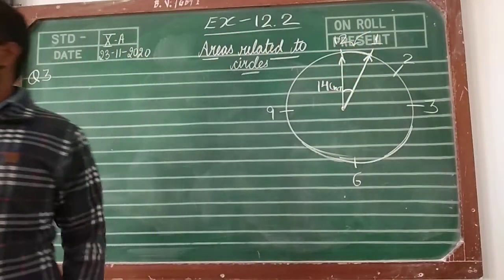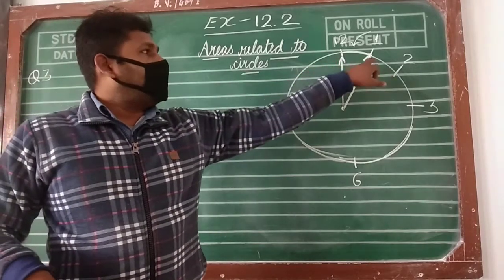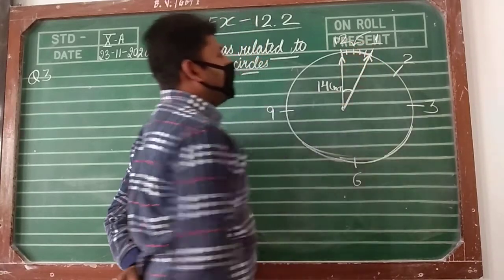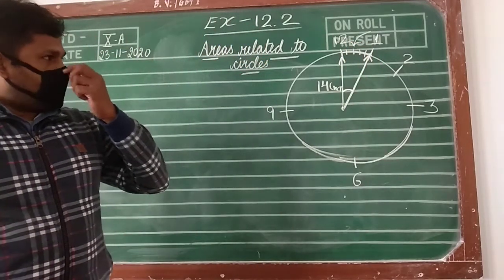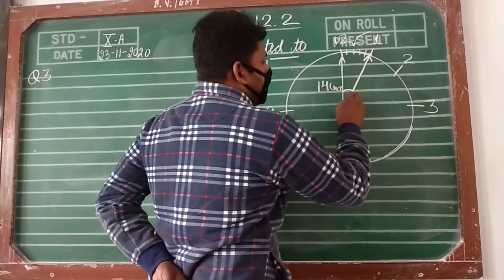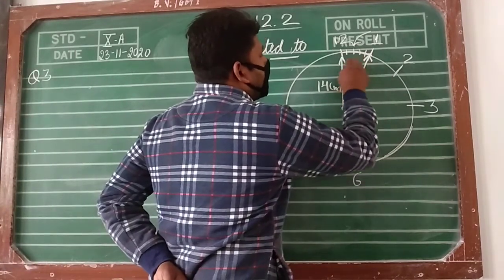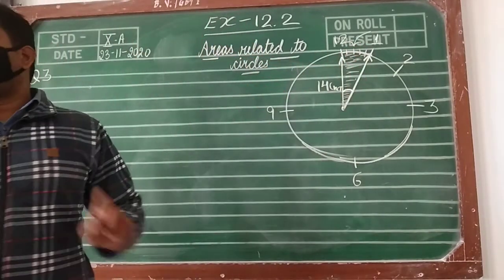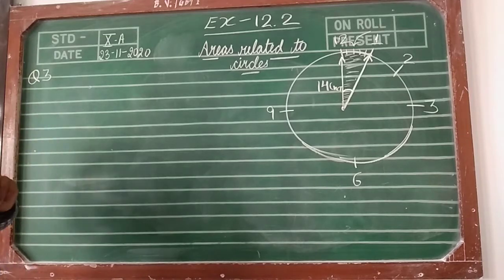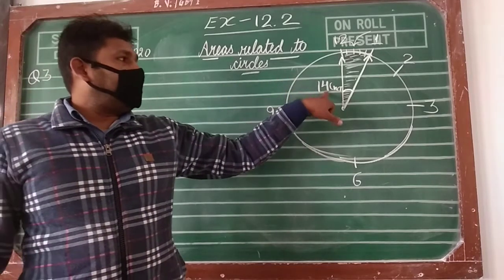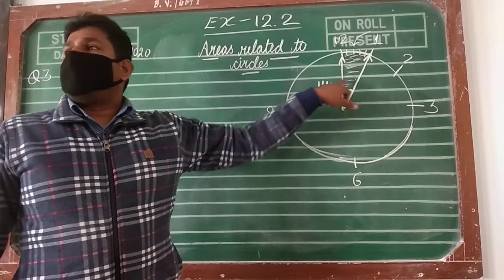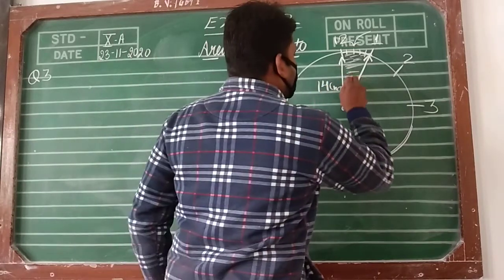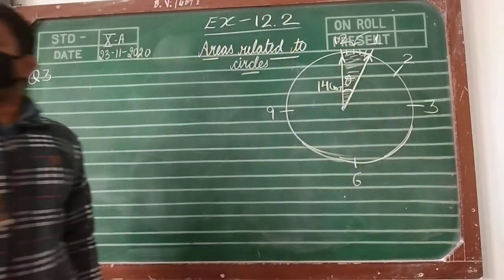If the minute hand is moving, and if it comes from 12 to 1, it means that we are getting 5 minutes. 1, 2, 3, 4, 5. And this area we have to find. Clearly we are observing in the figure, this is a sector and we have to find the area of the sector. For finding the area of a sector, we need the angle theta and the radius. Radius we have, but we don't have the angle theta. Then this we have to find first.